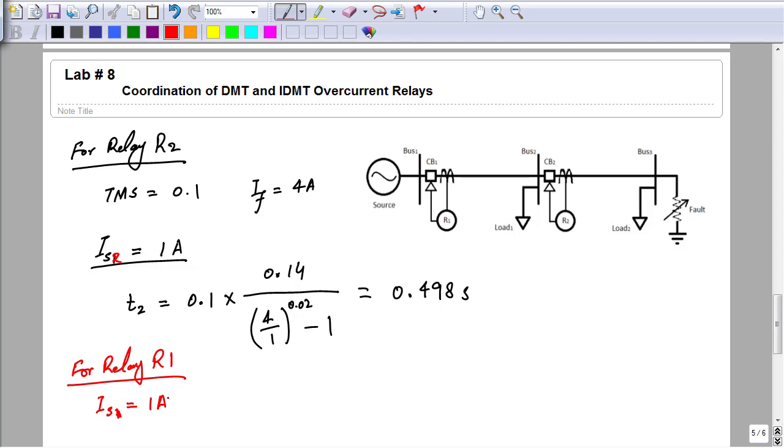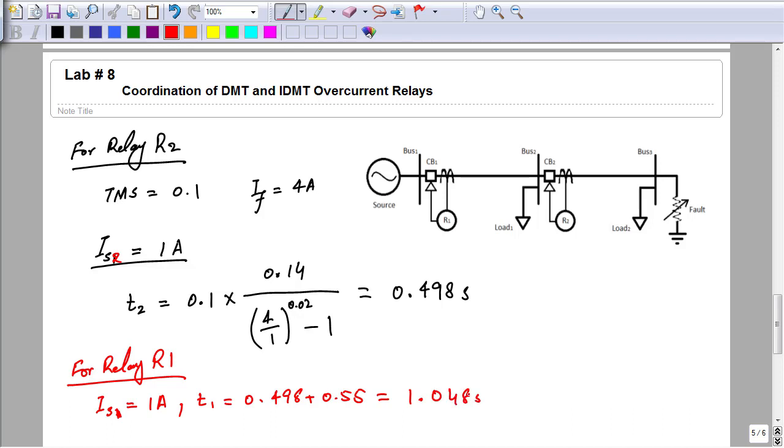It can be different for both relays as well, but here for our condition it will be the same. So set current is 1 ampere, fault current is 4 ampere, same IF. Now we will use the same formula that we used to find out the time. This time we use this formula to find out the value of TMS. So the operating time that is required from R1 is equal to T2, that is 0.498, plus the coordination time 0.55.